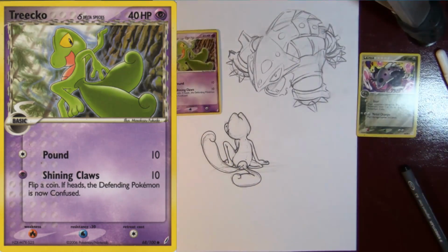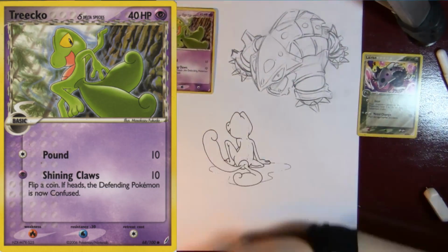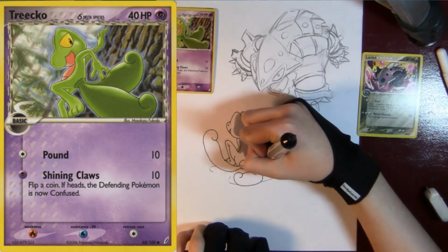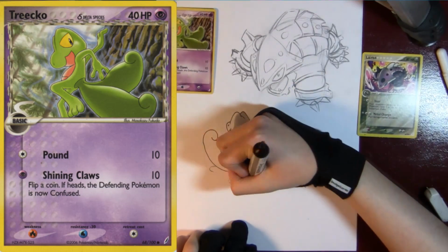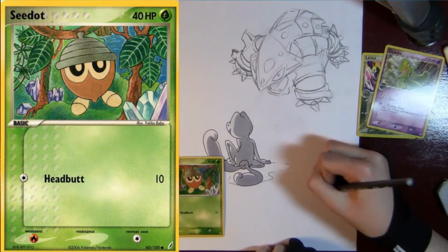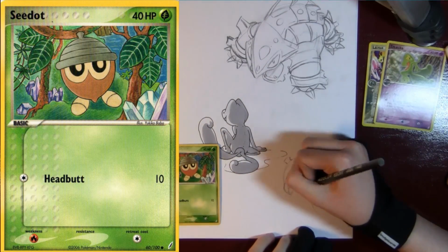This really makes me think about the different components of his body, the way he arranges himself, where the weight sits on him, and how I want him to look. If you really want to push this effect further, what you can do is use lighting with just 1 or 2 markers or a pencil shade, and just adding in that little lighting effect to really accentuate the change that you've made. Do this as many times as you can, really,